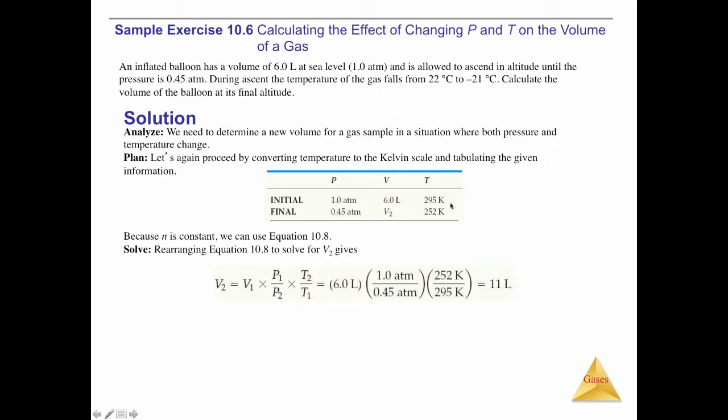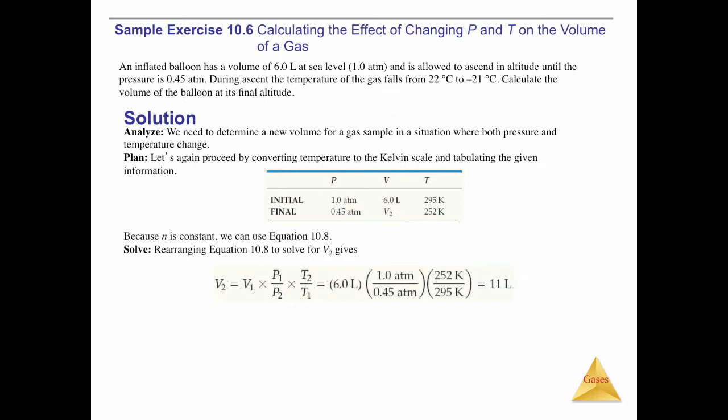But if we think about the temperature is decreasing, and when we cool something, they usually contract. So according to the temperature change, the balloon should get smaller. So according to these values, the balloon's going to get bigger. And according to these values, the balloon will get smaller. So we have to figure out which one, the pressure or the temperature, is going to have a greater effect